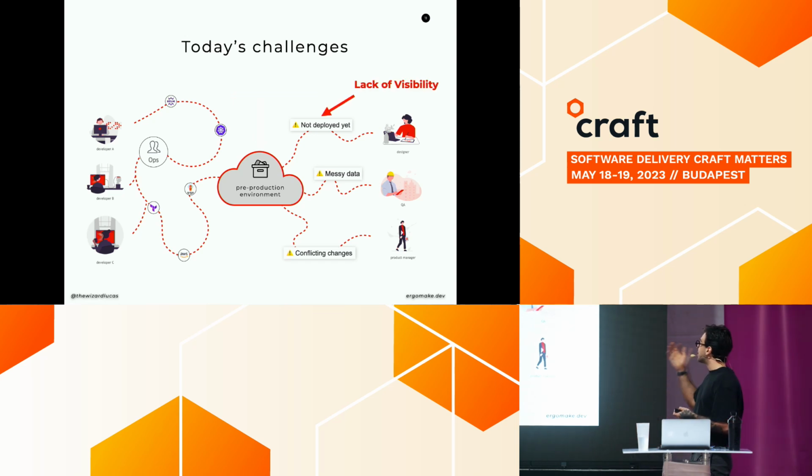Another problem, lack of visibility. This is a big one, and this is the main problem we see at Ergomake that we try to solve. That thing I mentioned, when designers really need something shipped in a very particular way, or a product manager needs a feature to behave in a very particular way for you to be able to get customers or do whatever,